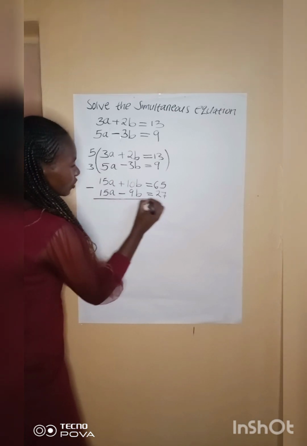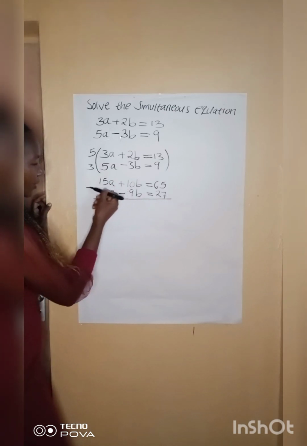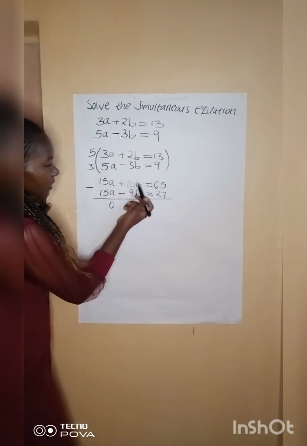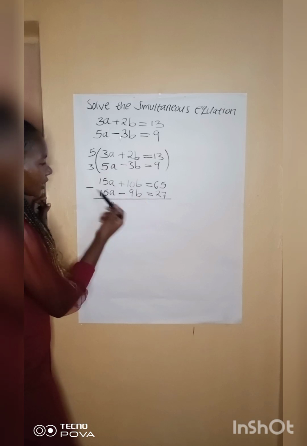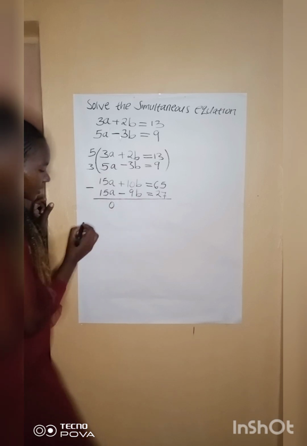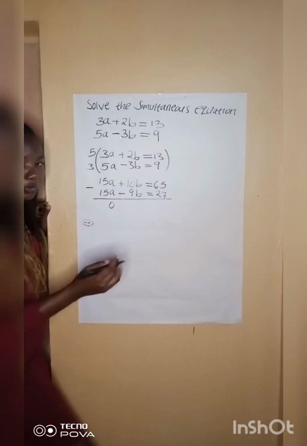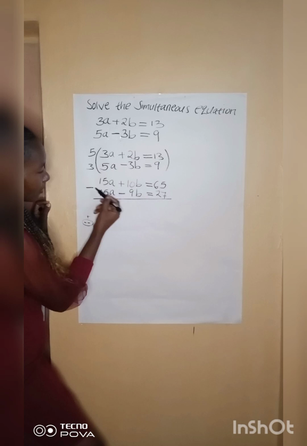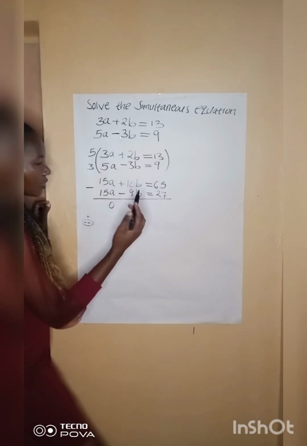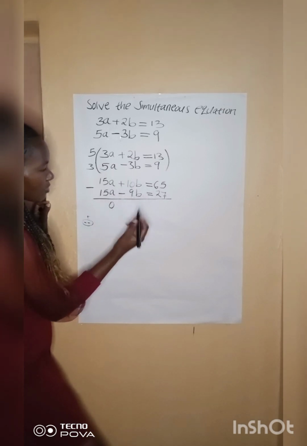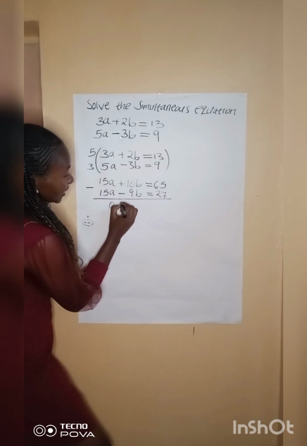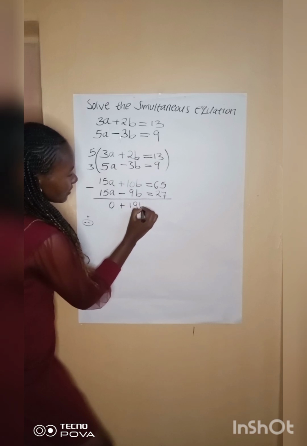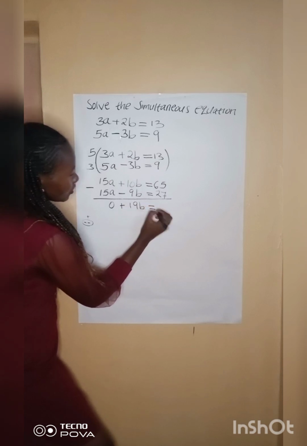And this is how it goes. 15a minus 15a, that is 0. This is a positive number, so 10b minus minus 9b. Remember, we said whenever we have minus and minus following each other, this one changes to a positive. So this is 10b plus 9b, which is 19b. So this one equals